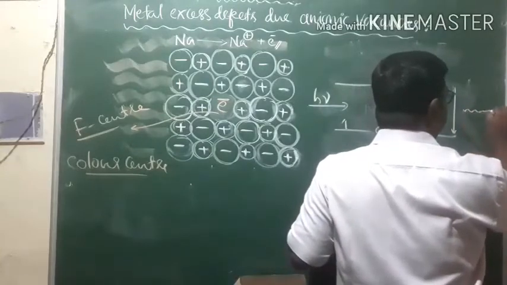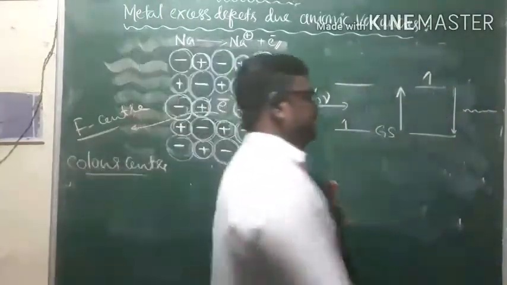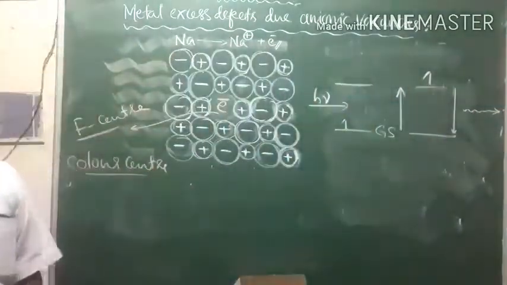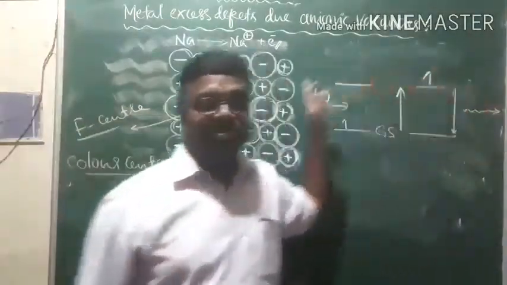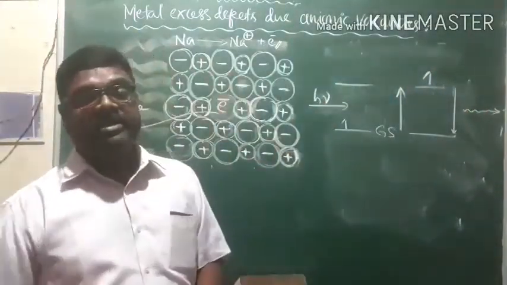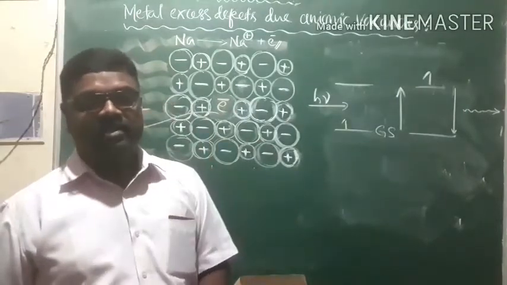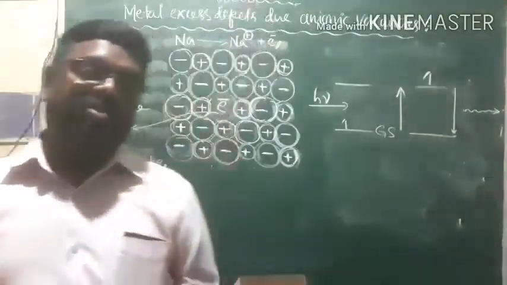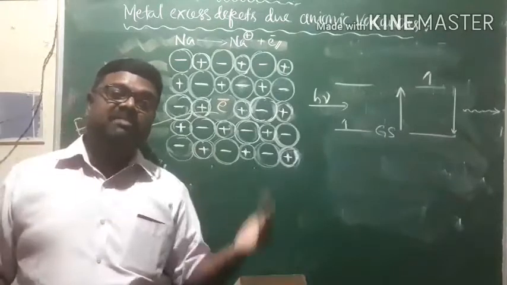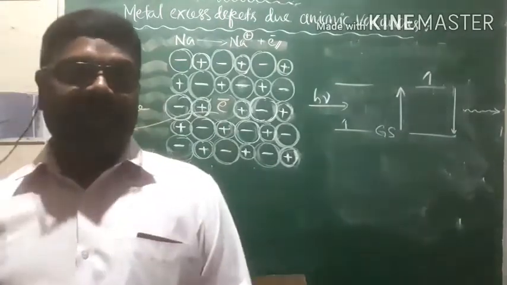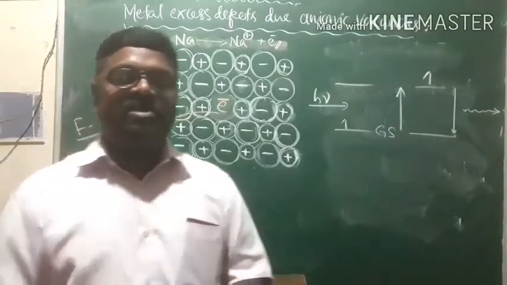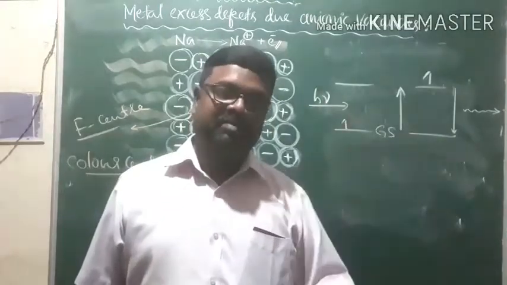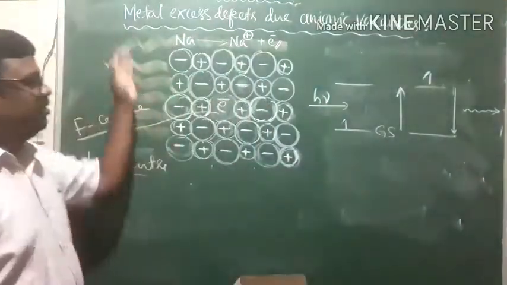During de-excitation, radiation of a certain wavelength is emitted. The wavelength of the emitted radiation corresponds to the yellow color. Therefore, sodium chloride gets a yellow color, and that is what we call an F center. And of course, due to the presence of this unpaired electron, the paramagnetic property of sodium chloride increases. The presence of unpaired electrons is the main cause for the paramagnetic property. Paramagnetic substances are those substances which will be attracted by the magnetic field. That particular aspect will be discussed later in the same chapter in the next videos. So this is what we call F centers.